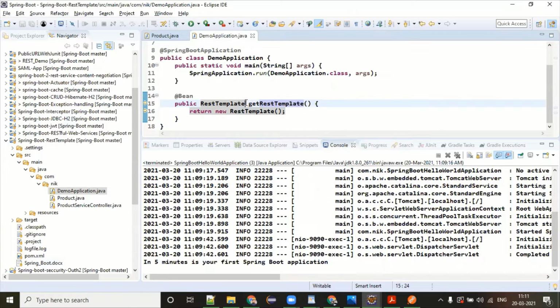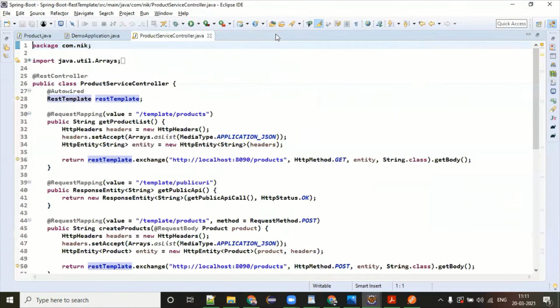Maybe not, because we shouldn't break the principle. A bean should be in a configuration-annotated class, so you must create a separate file for configuration and then create that bean there. But it's just for learning purposes, so the structure doesn't matter a lot for us. Since you are experienced guys, you know the standard clean code guidelines and can easily manage them. Okay. So this RestTemplate object we are creating.